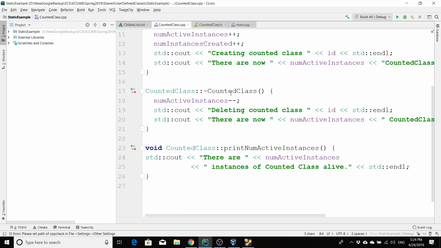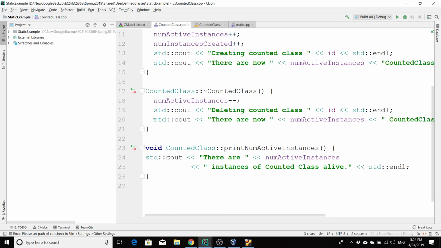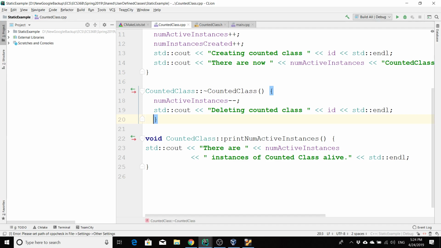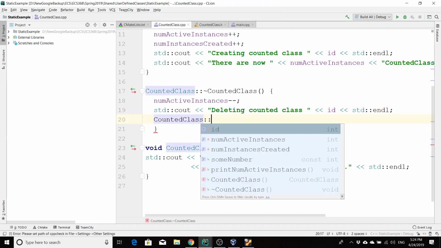For the destructor, I'm deleting that class, so the number of active instances goes down by 1. We delete that counted class, whoever had this ID, and then we print out how many active instances there are. And then in printing out the number of active instances, it says there are now blank active instances of this class alive. So maybe these lines over here would probably be better replaced with something like counted class ::